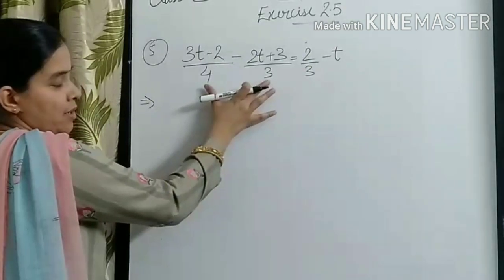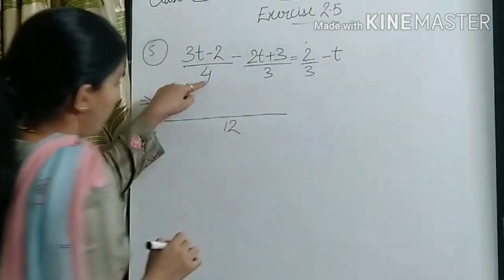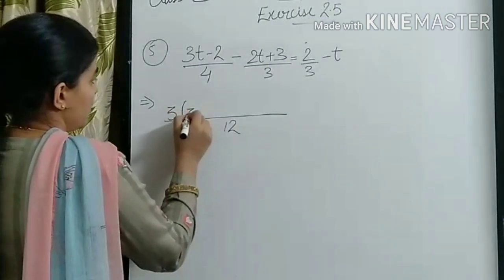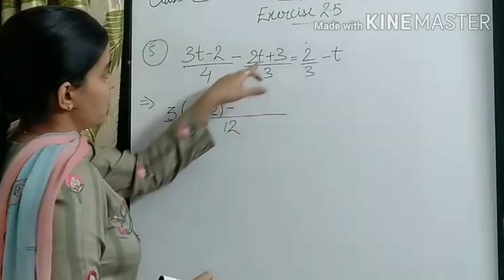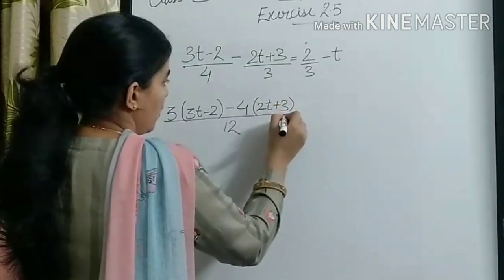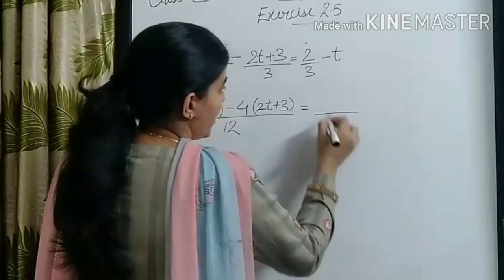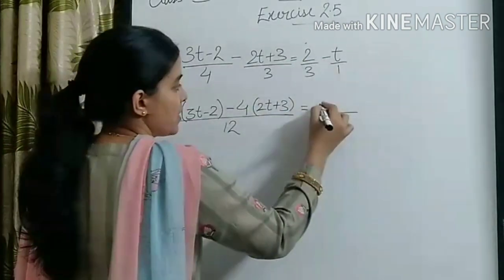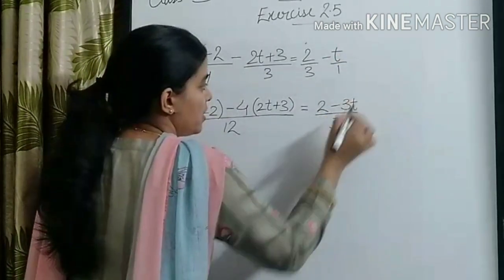First we will take the LCM on this side. So if we take LCM, it will come out to be 12. Now 4 3s are 12. So this number will be multiplied with 3. Minus 3 4s are 12. So this number will be multiplied with 4. Is equal to, on that side, 3 will come in the denominator, and if there is no number you can let it be 1. Now 3 1s are 3, 2 1s are 2, minus 1 3s are 3, 3 t's are 3t.